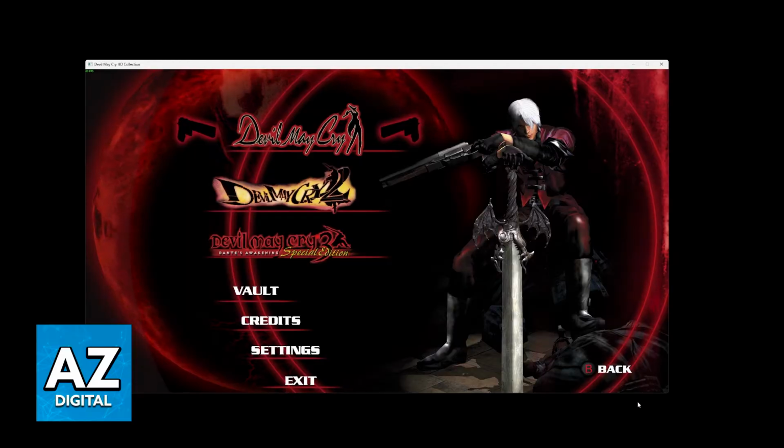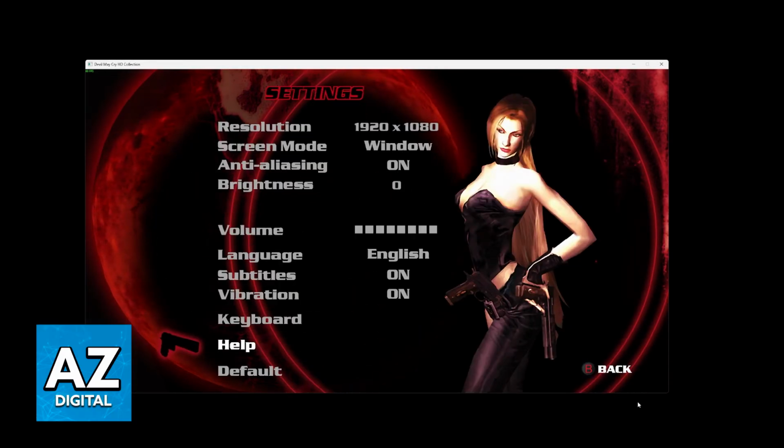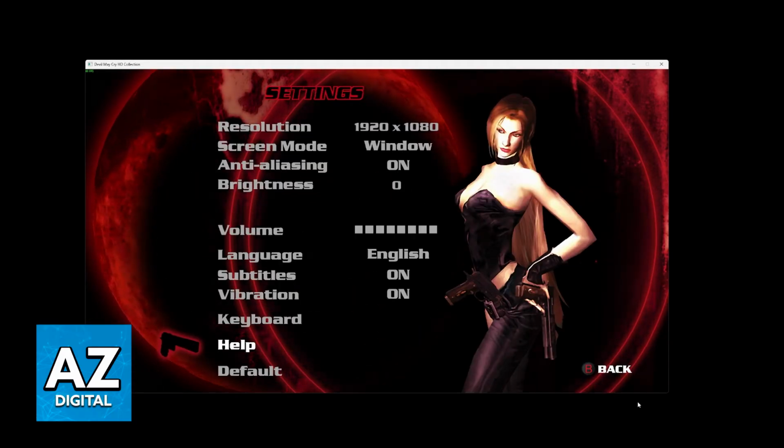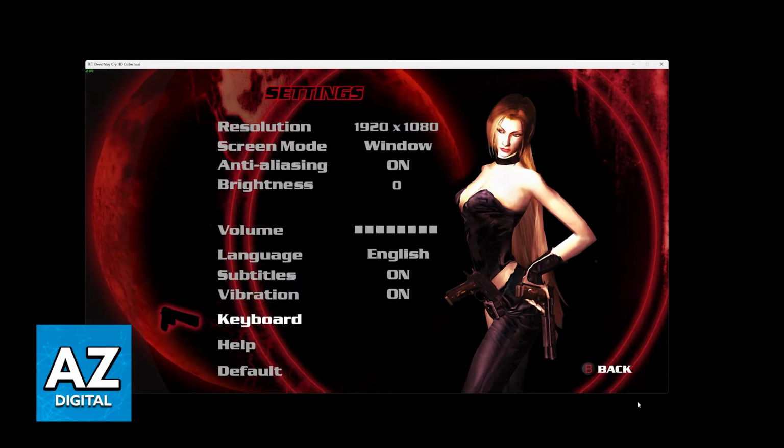Now, a lot of problems stem from the fact that this game needs to run at 60 FPS. For whatever reason, if you aren't running it at 60 FPS, it can either speed up the game or you will get crazy slowdowns sometimes, like when subtitle appears or during cutscenes.